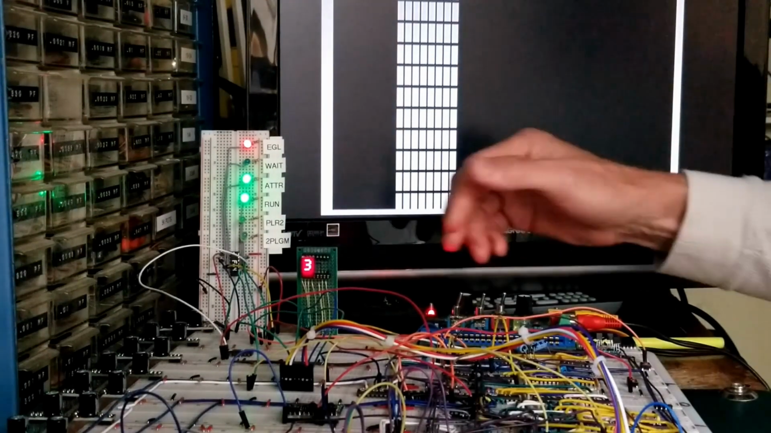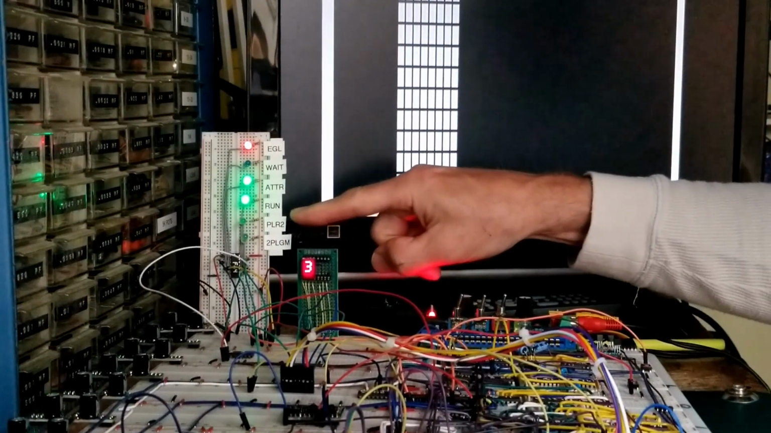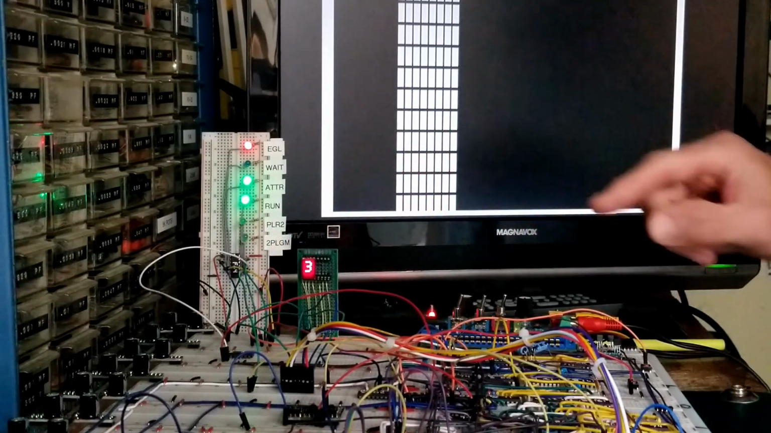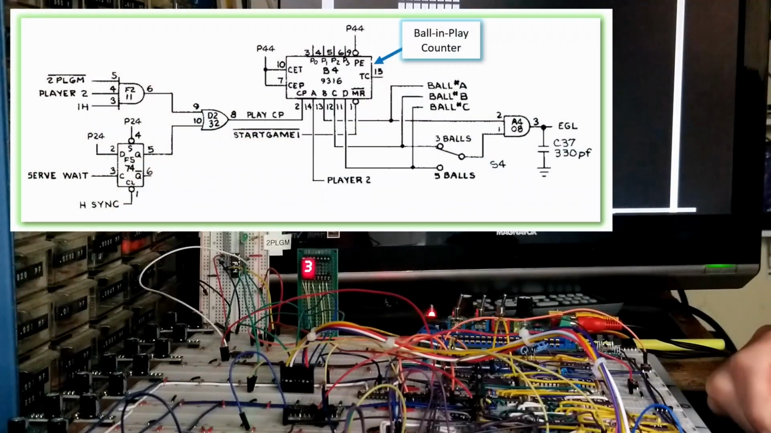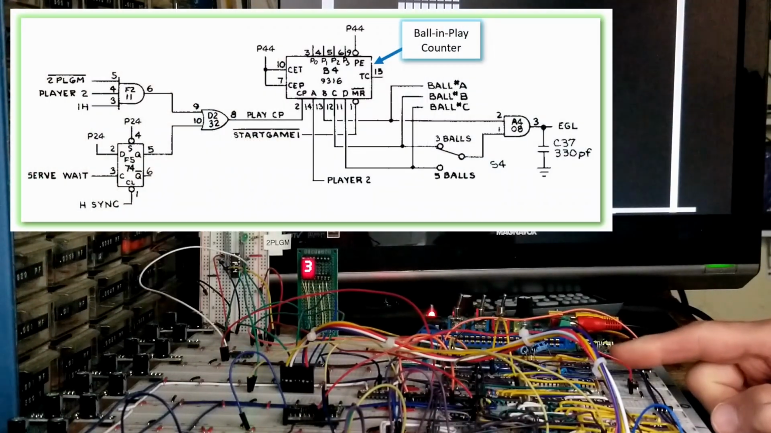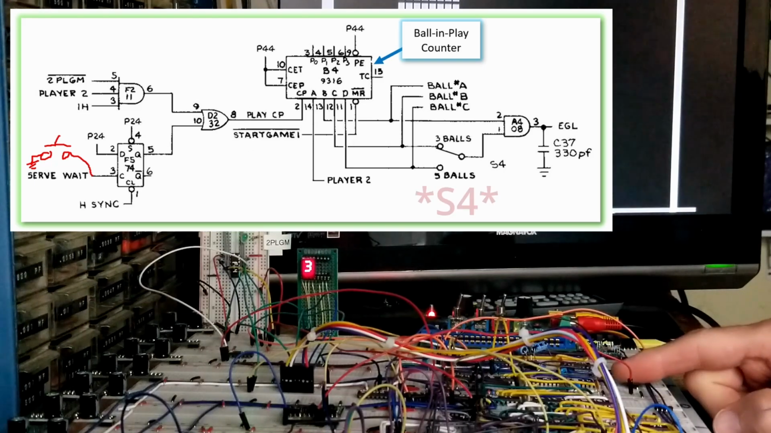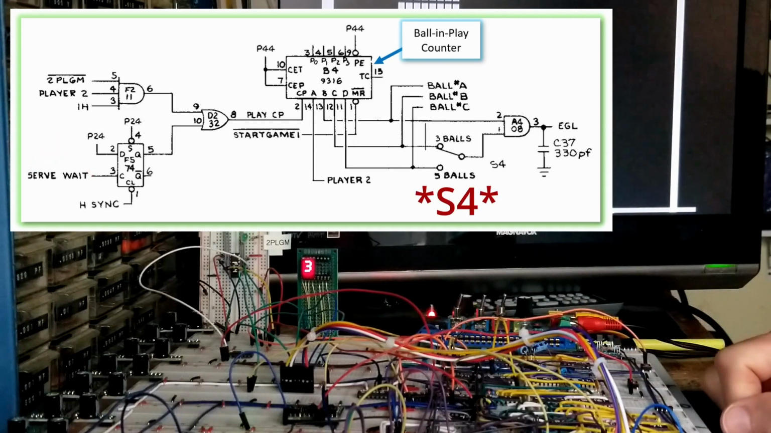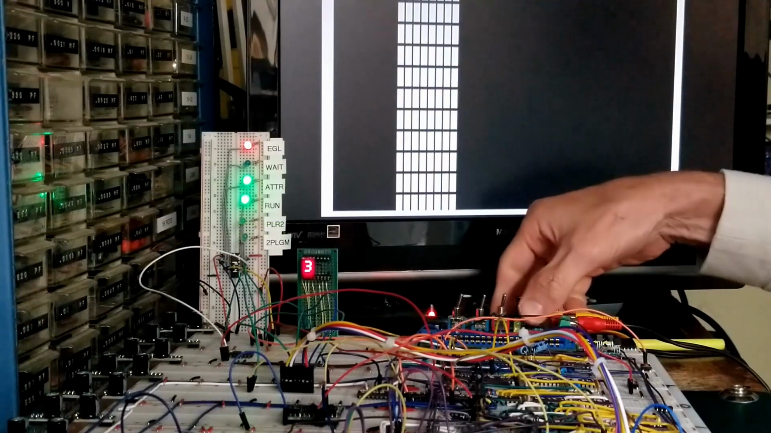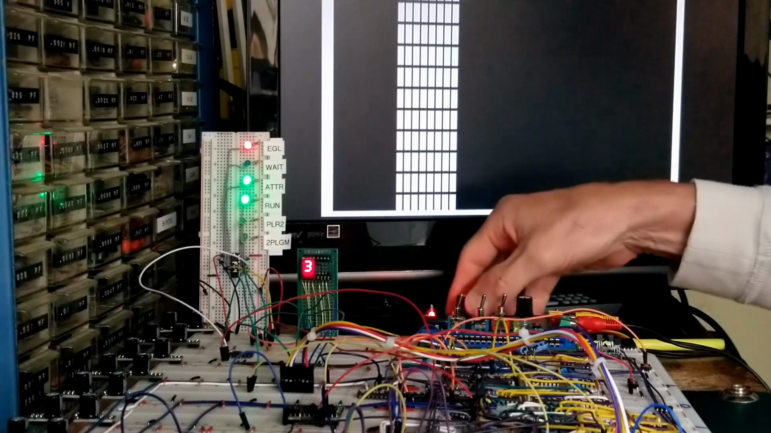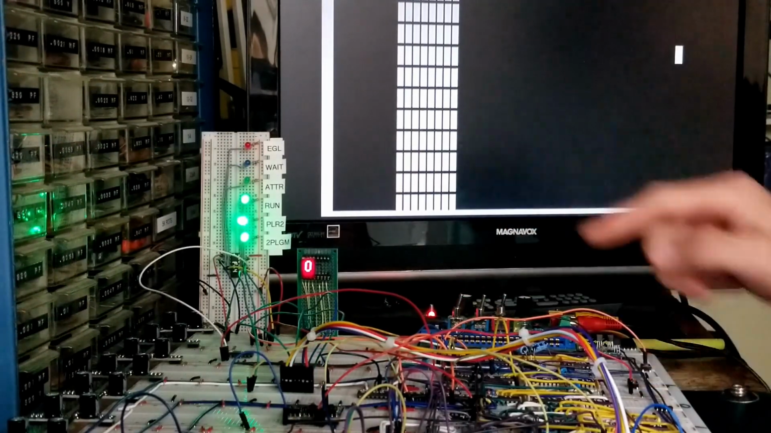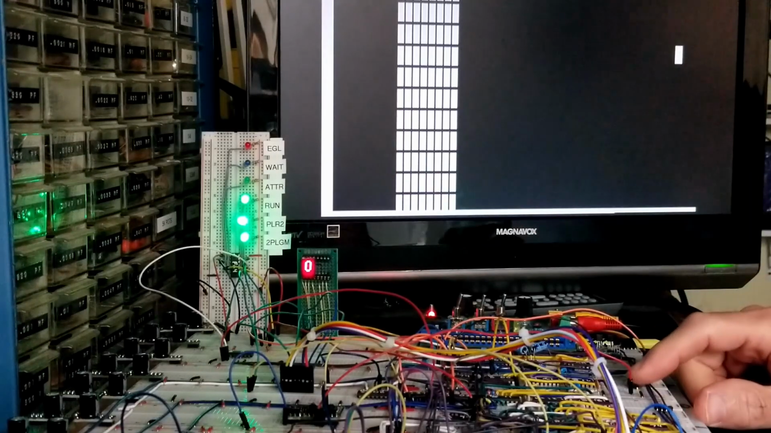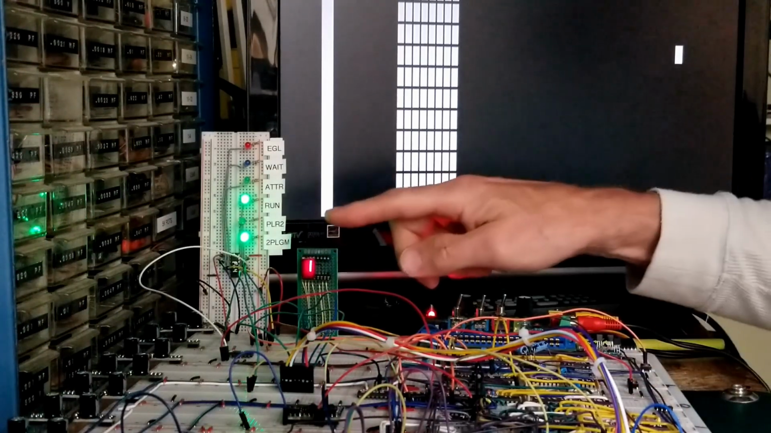I hooked this LED to the player 2 line, and I also hooked this hex display to the ball number outputs. This will show the raw ball in play value starting at 0. I also temporarily added a push button to this serve wait signal and configured S2 to end after the 3rd ball. I'll reset, then start a 2-player game, poke serve wait, transitions to player 2, poke again, back to player